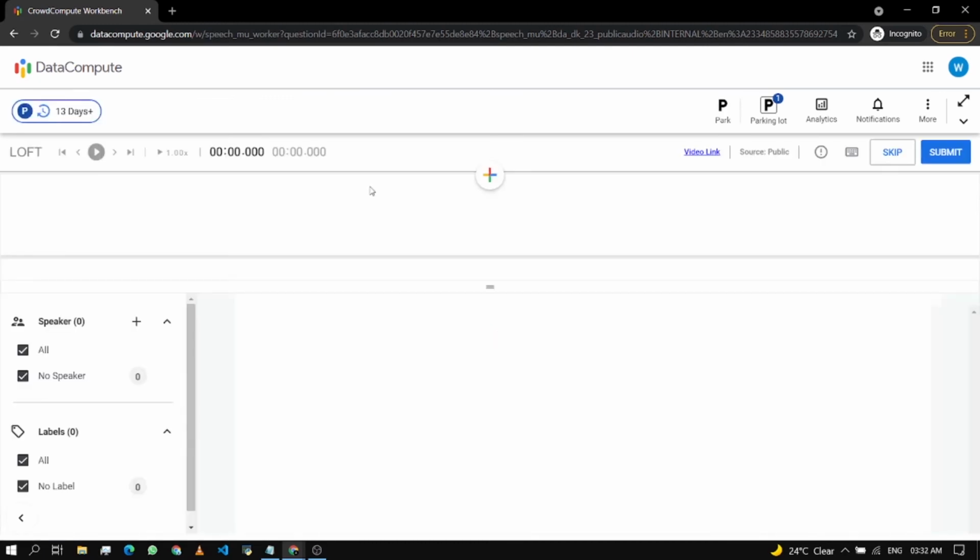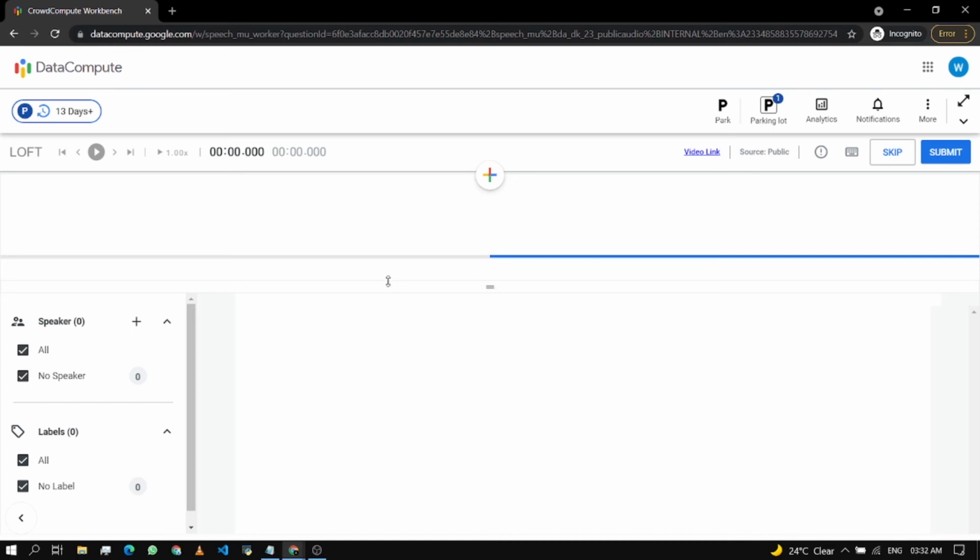So if your work is saved, when you refresh the page, you can see that present here. So in case you don't see the save button, or in case you want to leave in between, you want to close the window and come back and do your work again later, you can refresh the page and see how much of your work is completed and how much of your work is still left.